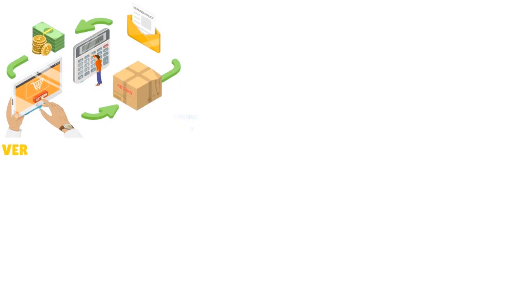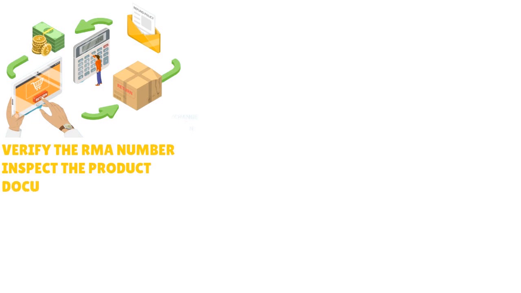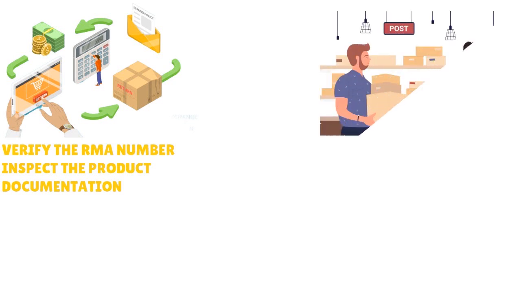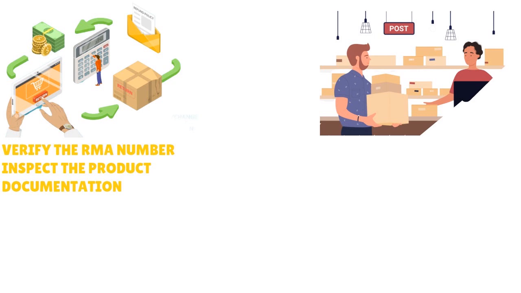And next, you want to receive and inspect the returned item. So, again, there has to be a certain procedure. Upon receiving the return product at your facility, your returns team will do a couple of things. But most importantly, they will do 3 things. They will verify the RMA number, they will inspect the product, and they will do the documentation. So when I speak about verifying the RMA number, they will check that the product is accompanied by the correct RMA number,